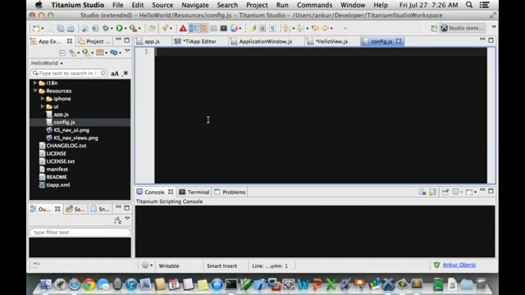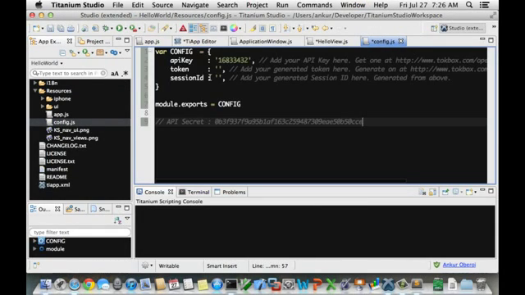And in here I'm going to go ahead and paste some code from ahead of time. And basically this is just an object that contains a couple properties that we're going to be able to look up. Again, we're exporting it so that other